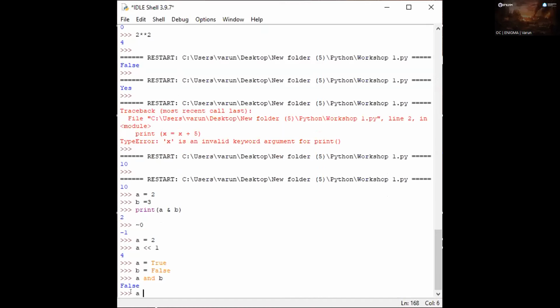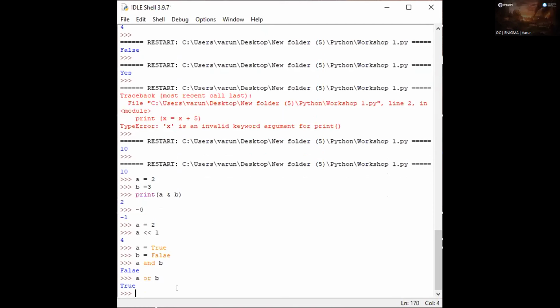And if this is A or B, here you add those Boolean values. True plus false returns true. So A or B is an addition of these Boolean values, so it will return true. And not,